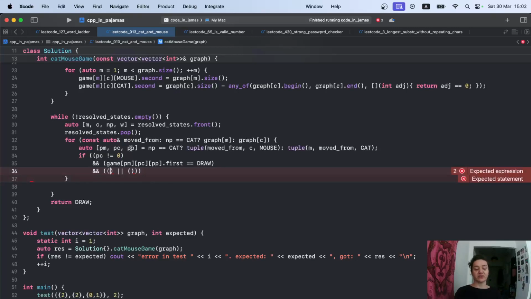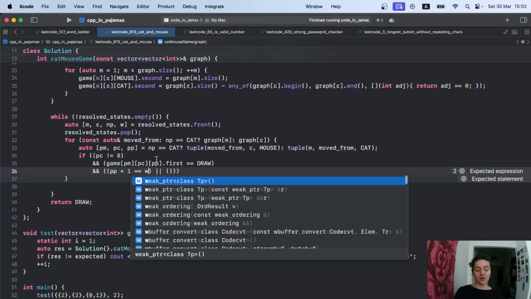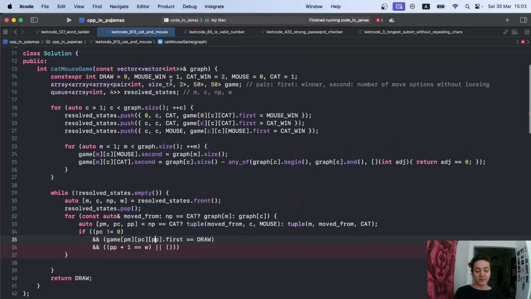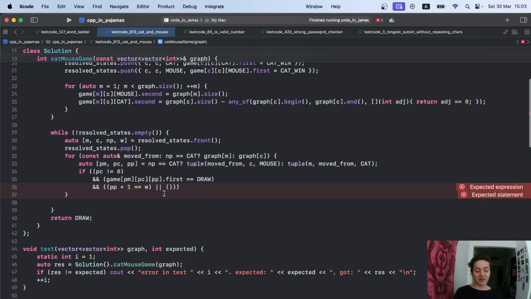So either the one who moved on to winning. So I can ask if PP is the mouse, moved on to winner. Winner is the mouse. Or PP is the cat and moved on to winning. The winner is the cat. But to cut things short, I'm just going to ask if that player who moved is the one who won. If player plus 1 is the winner, because if we see our constants, mouse move, mouse win, 0 plus 1 or 1 plus 1 for the cat becomes 2. So it's just this simple math here. So if the player plus 1 is the winner,